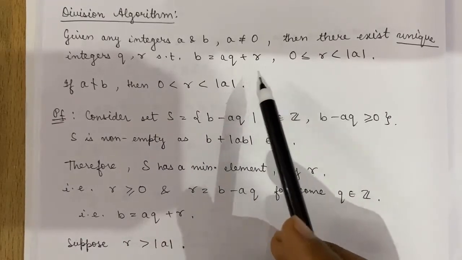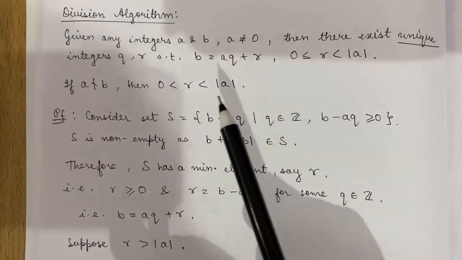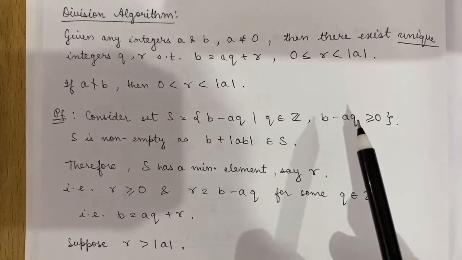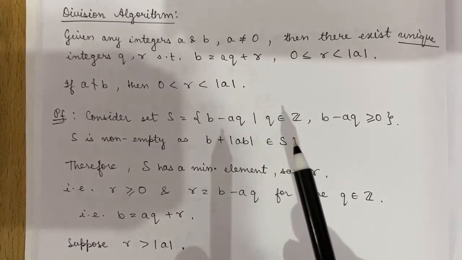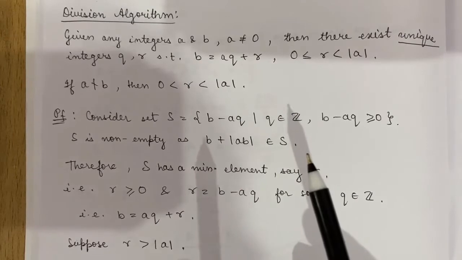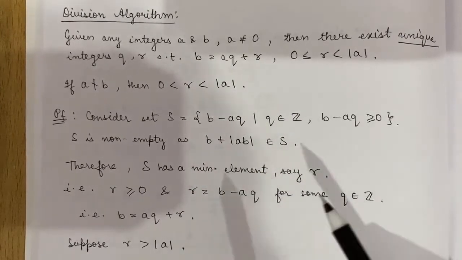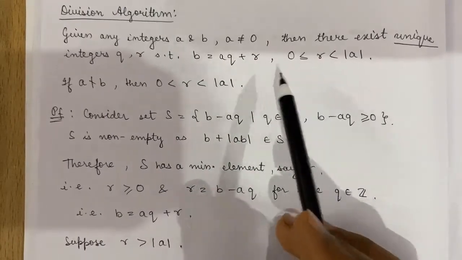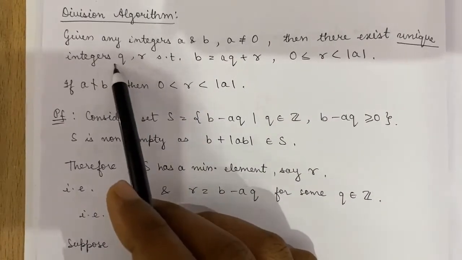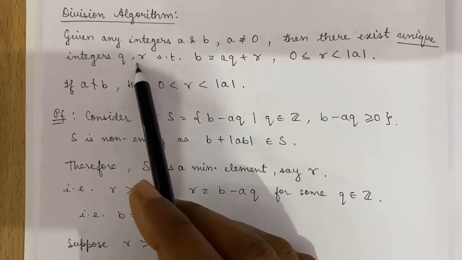In the previous two lectures we read what happens if a number exactly divides another number, and this may not be the case every time. One number may not divide another number, and then also we have some properties. So what are those properties that are given by the division algorithm? The division algorithm gives out the properties of the quotient and the remainder.